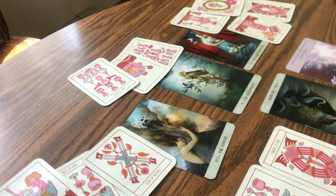All right, for some people in this pile, if you're asking about a significant other or another person, they might be kind of creeping around. We do have the Devil here, which can mean lust. It can mean cheating in some cases. So if you're asking about that, I do see that. But once again, I do have an intentions reading too that you can check out